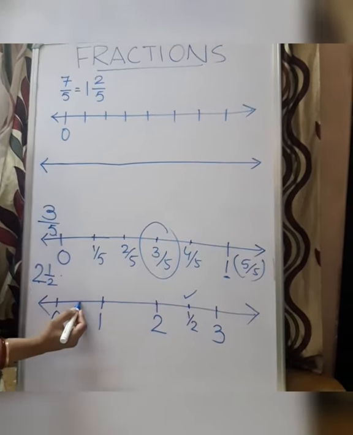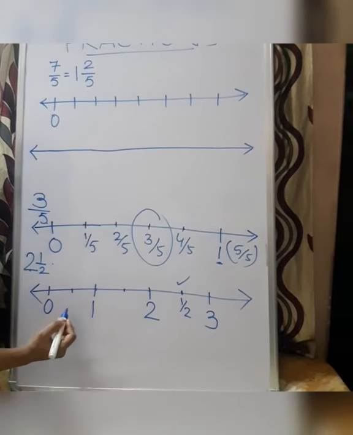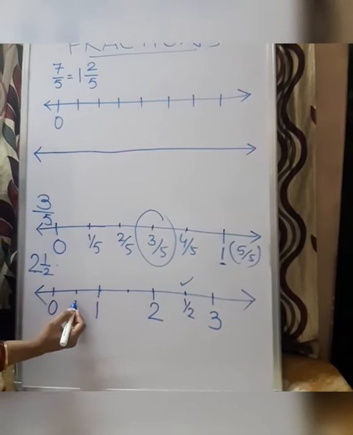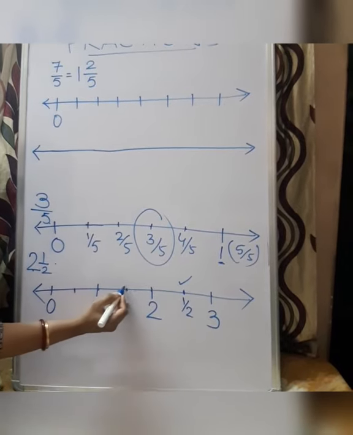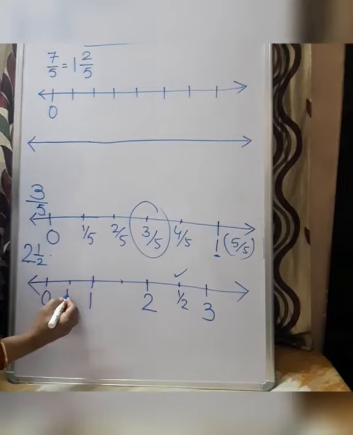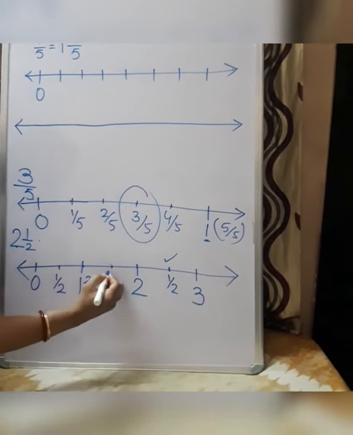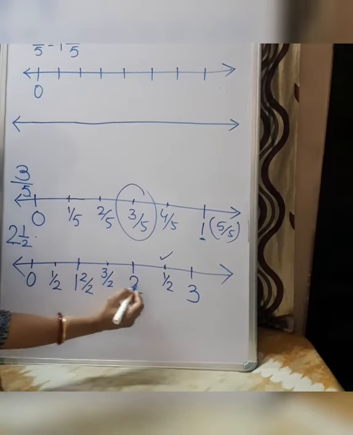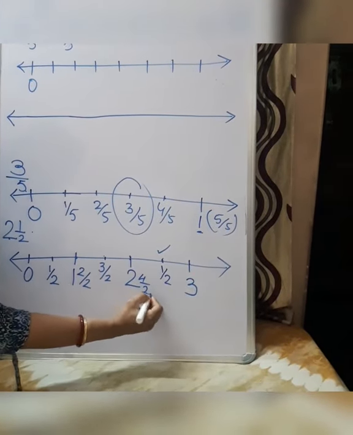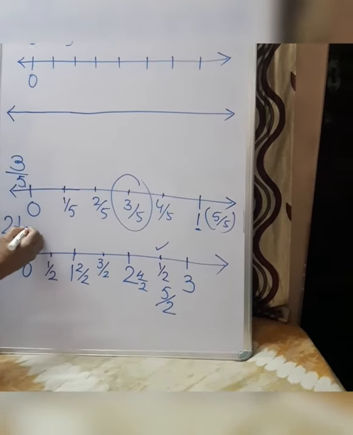So children, if we break it into more parts, then we can say this is 1, 2, 3, 4, 5, 6. So this is 1 by 2, this is 2 by 2, this is 3 by 2, this is 4 by 2, this is 5 by 2, and 5 by 2 is equal to